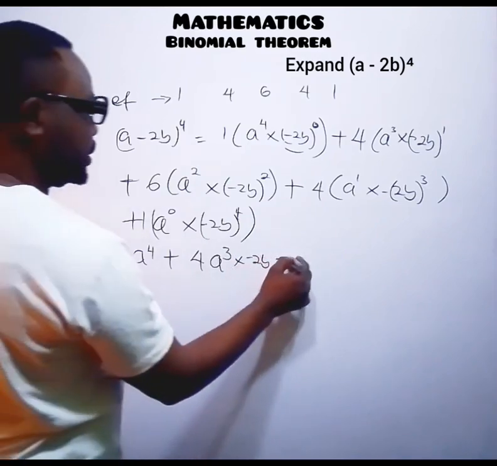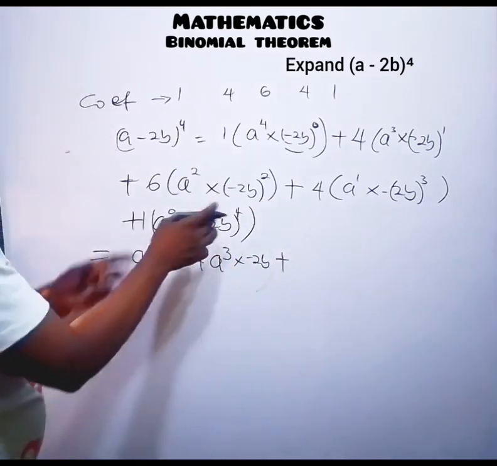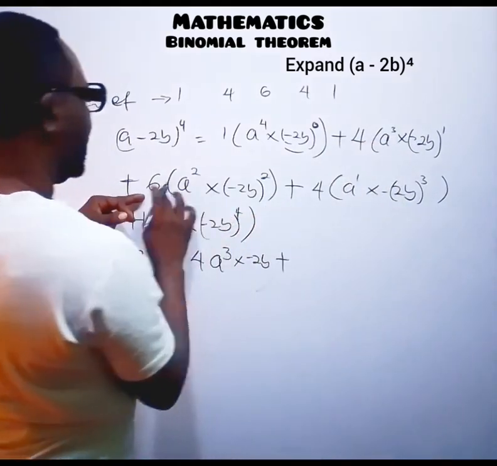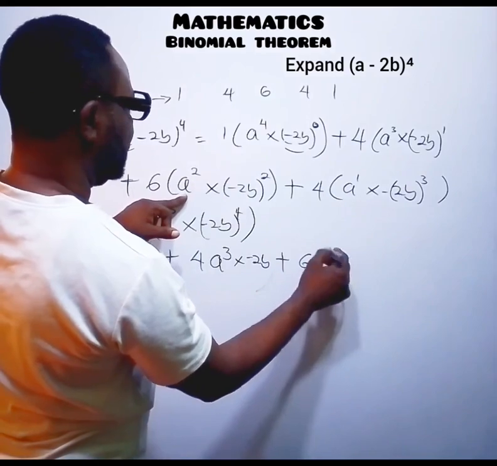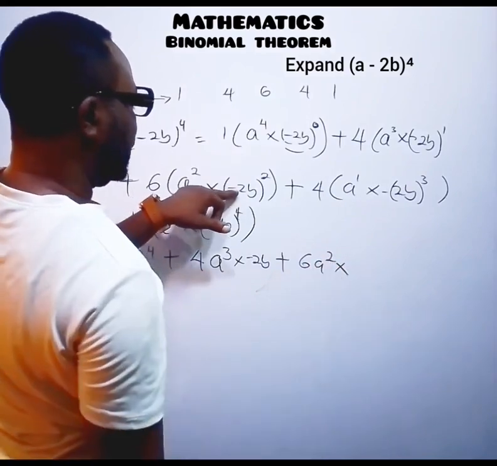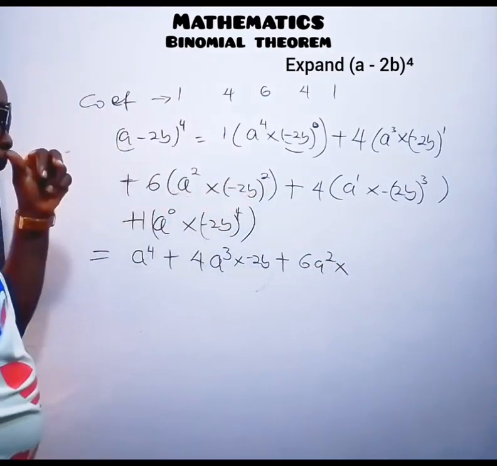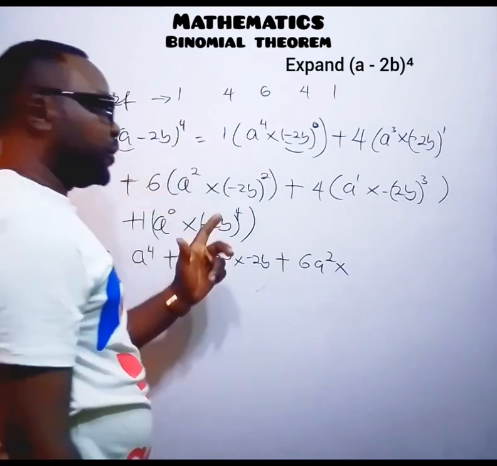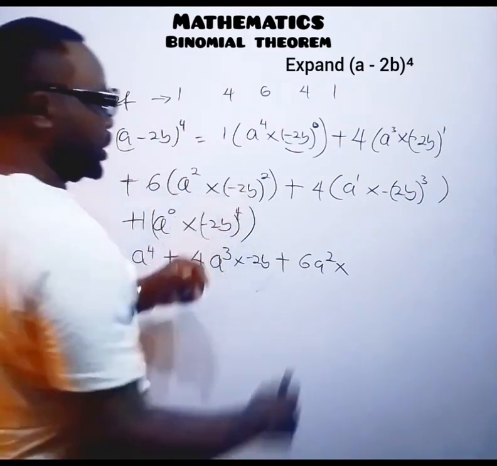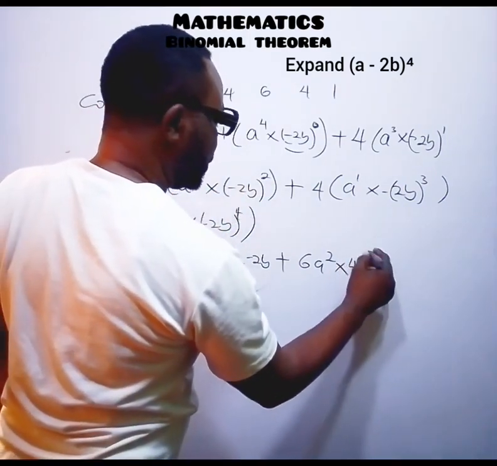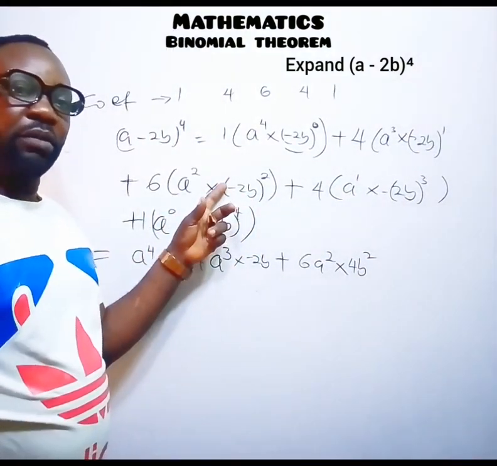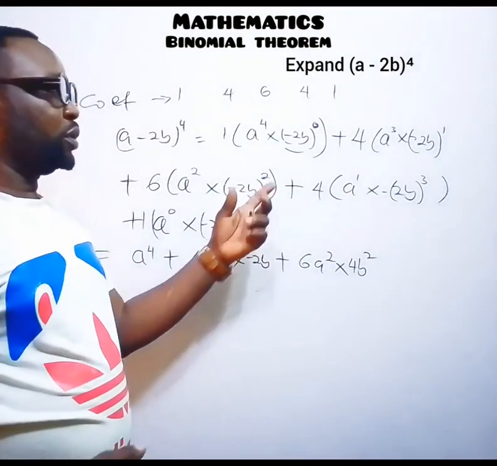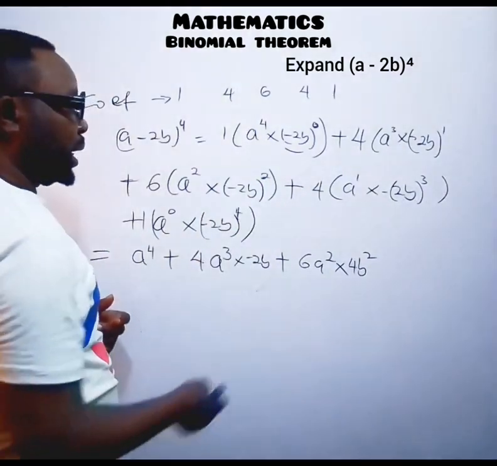Then plus, what is the value here? 6a squared, 6a raised to the power of 2 multiplied by minus 2b squared. That will be equal to plus 4b squared. That's 4b squared. This negative value here is gone because it is raised to the power of 2, so it becomes a positive sign. Plus